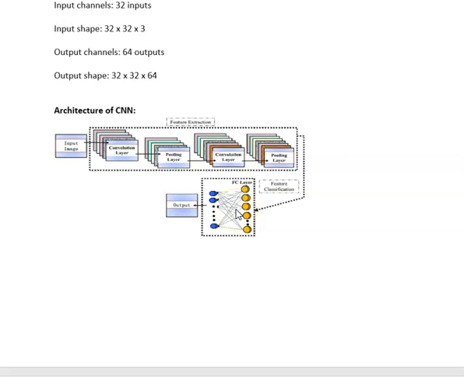We can observe the architecture of the CNN here. In the beginning, we can observe the input image, then a convolution layer, then a pooling layer, then a convolution layer, and a pooling layer. And this is feature extraction, and in the next step we can do feature classification. Here we can observe